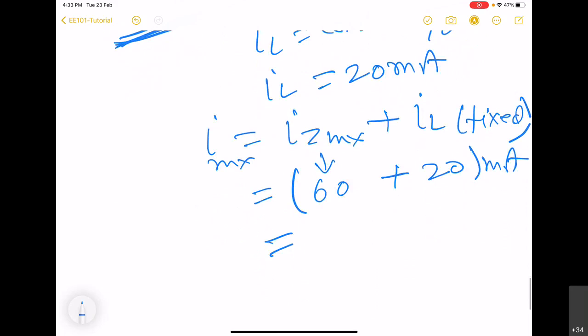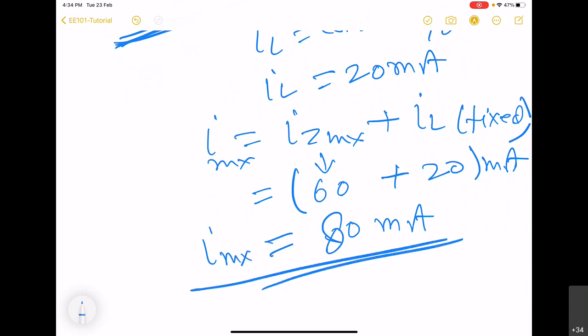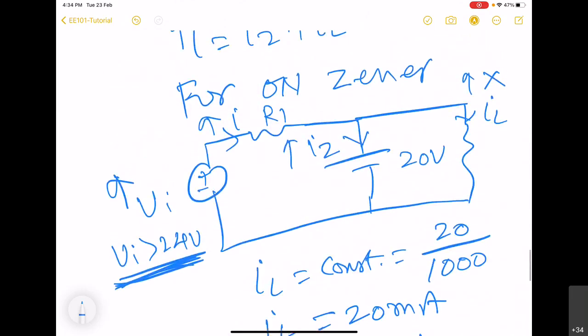So the total maximum current that can be supplied by Vi before diode gets burned out because of excessive heat developed is 80 milliampere. Right. So now we know the maximum current through R1